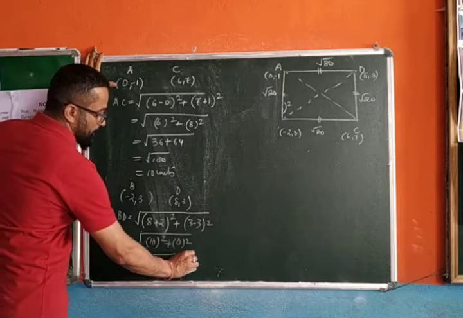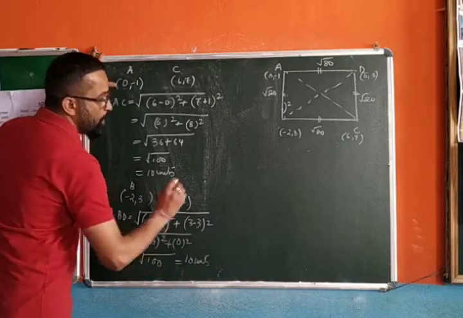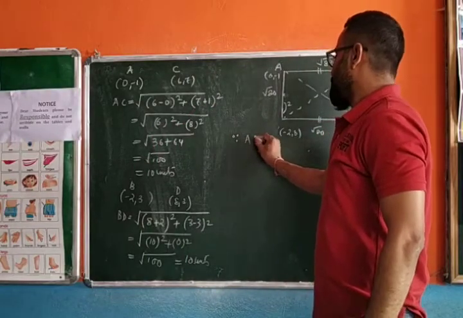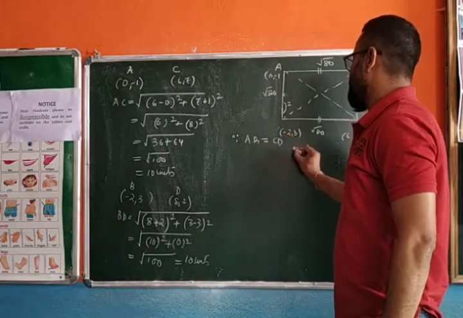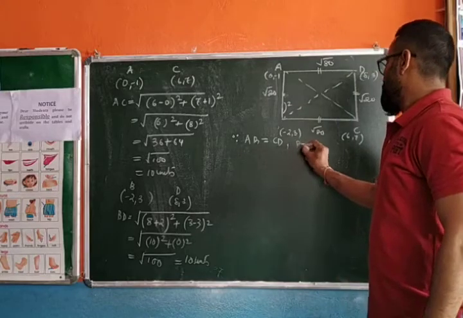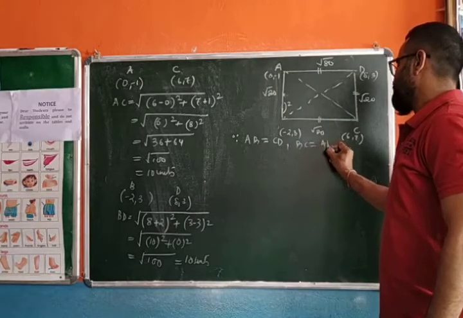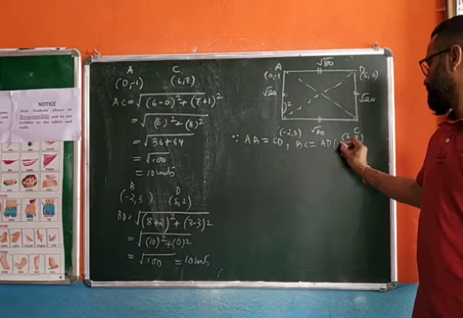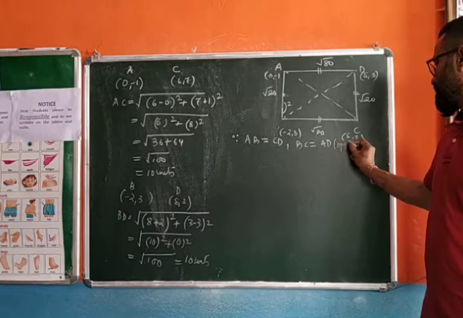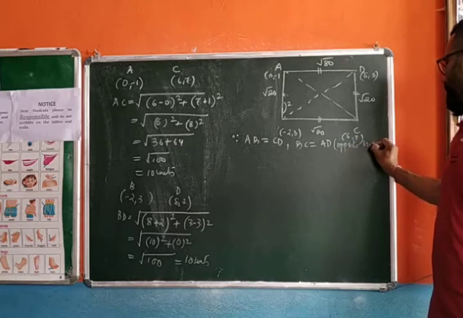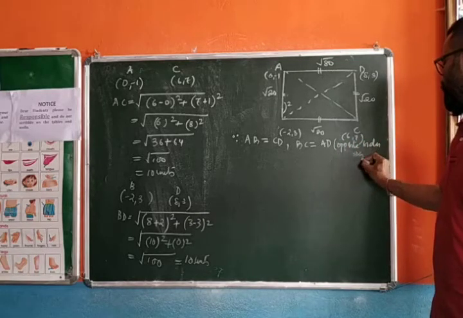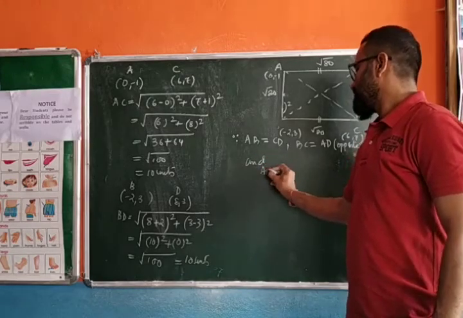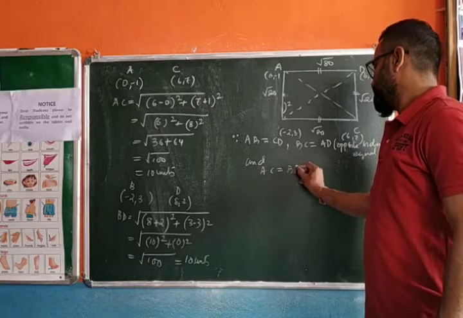Square root of 100 is 10 units. Now we write: since AB equals CD, BC equals AD, opposite sides are equal, and AC equals BD,